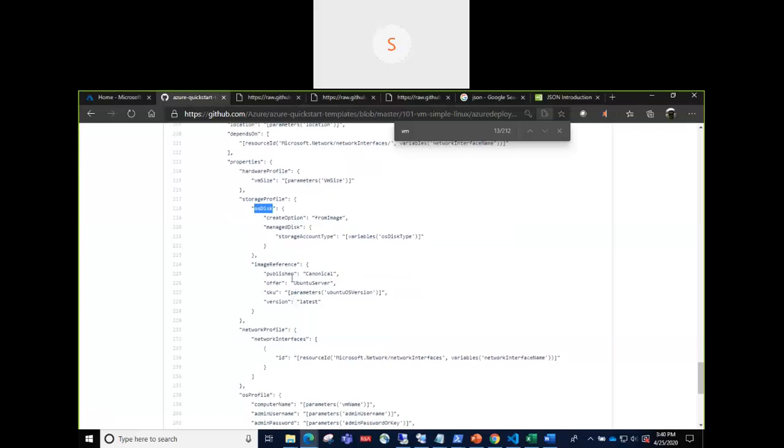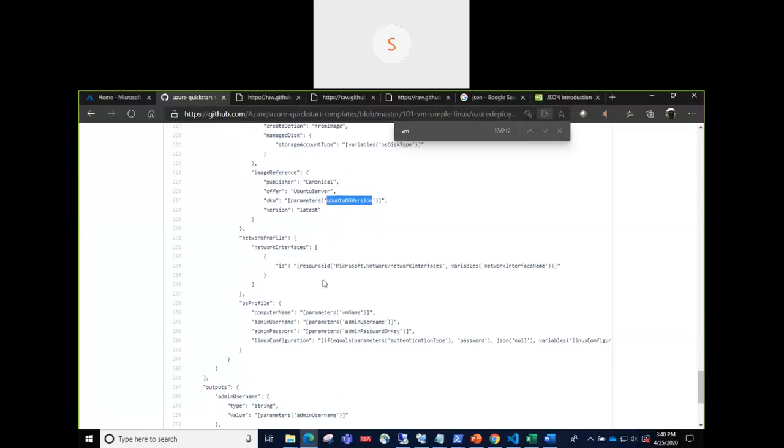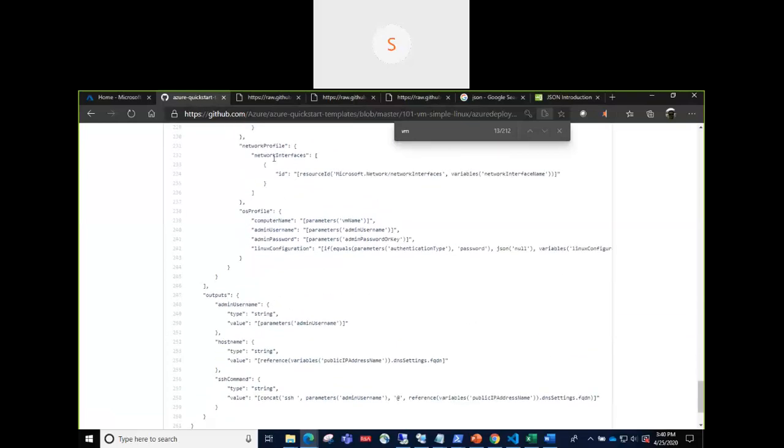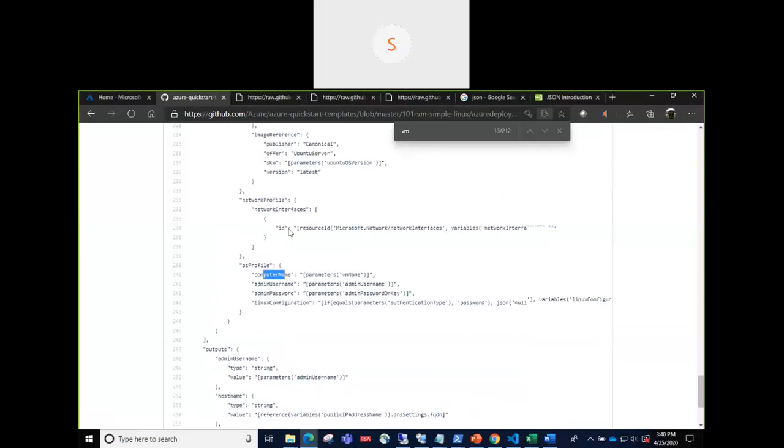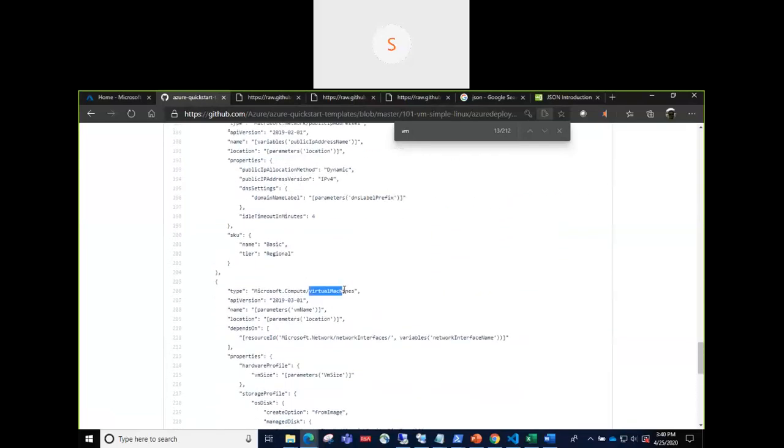You won't see this in PowerShell. Then the image: if you're creating an Ubuntu server, which version of Ubuntu server you want. Network profiles, which is the network interface. Admin username, the credentials you need to log into the VM, the username, password, and the computer name. That's all for the virtual machines.